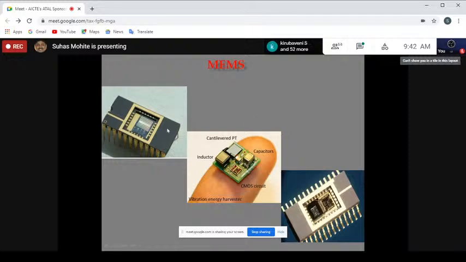This is apparently an integrated circuit chip, but it has moving mechanical structures sitting inside it, and these structures, when acted upon by certain physical signals such as pressure, acceleration, rotation rate, and things like that, undergo deformations, which results in transduction. Various types of transduction principles are used in these devices, such as capacitive transduction, piezoelectric, piezoresistive, and so on and so forth, where an electrical signal is created, and that tiny electrical signal, where the change in the capacitance could be of the order of pico, femto, or even attofarad, which is extremely small,